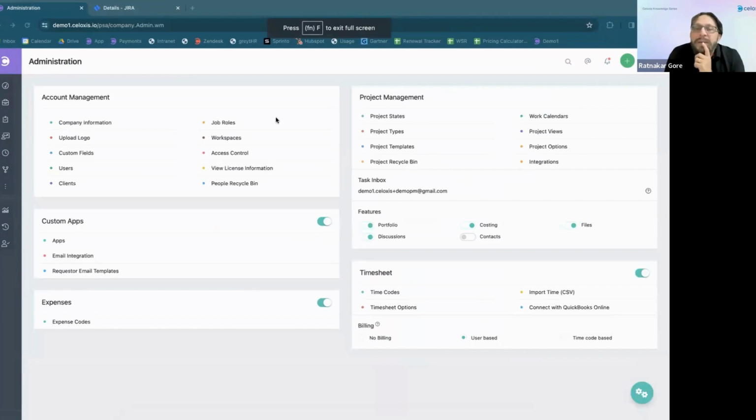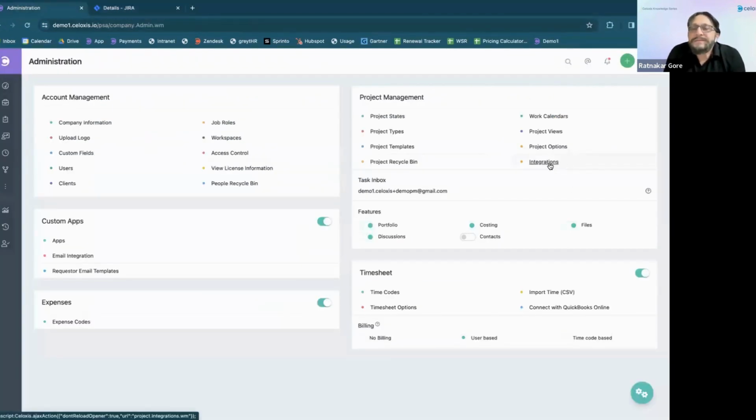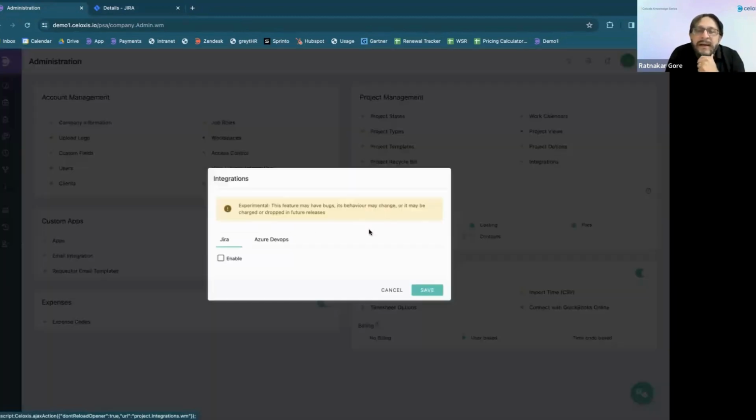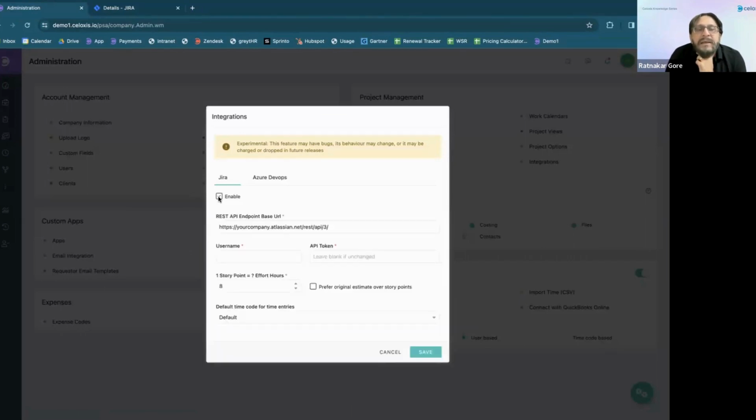So I'm logged into a demo environment that I have set up for this purpose. I'm also logged into my Jira instance, which I will use for showing the implementation. In the Celoxis environment, I go to the admin section. Once I go to the admin section, I have an integration section here as part of the project management that would have the Jira and Azure DevOps setup enabled here. In order for me to enable Jira integration, I click on the enable button here, and then there are certain